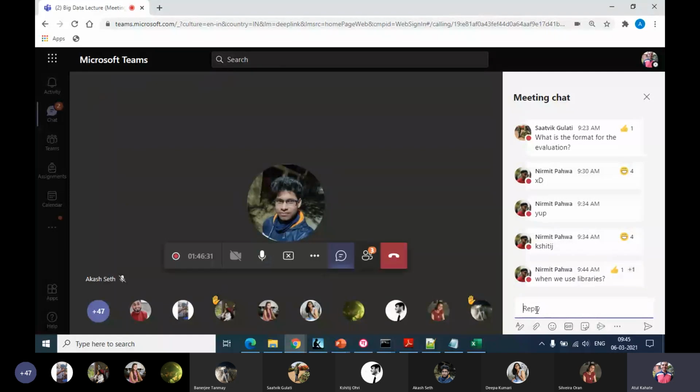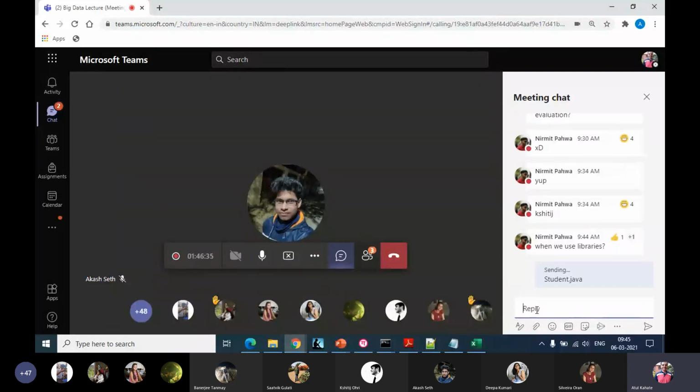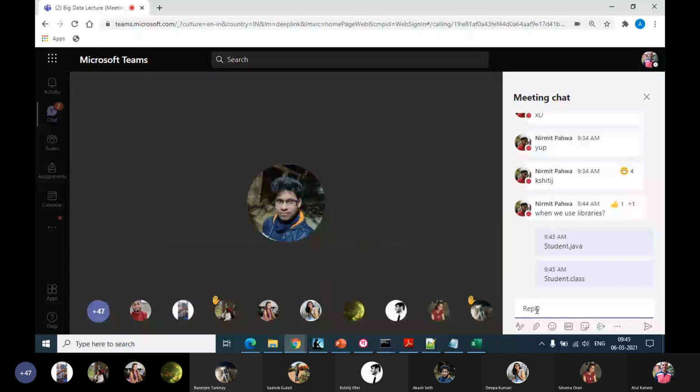So let's say, for example, I write a class in Java called student.java. And then when I compile this, if it compiles successfully, then it will create a file called student.class, which I can execute.